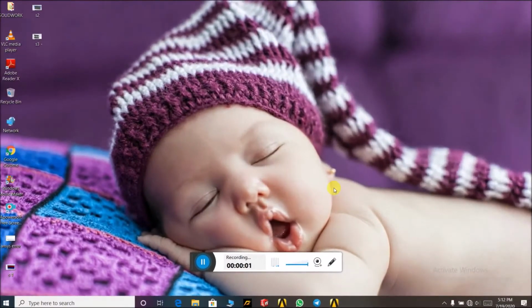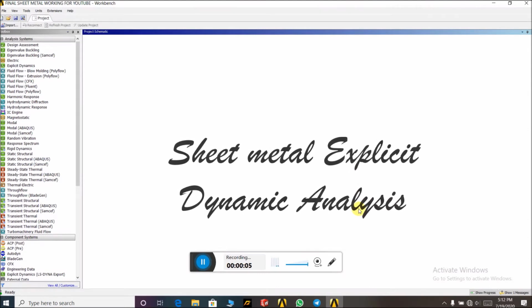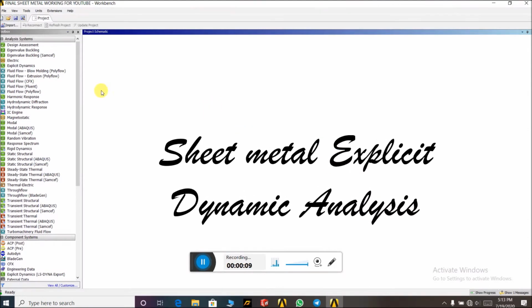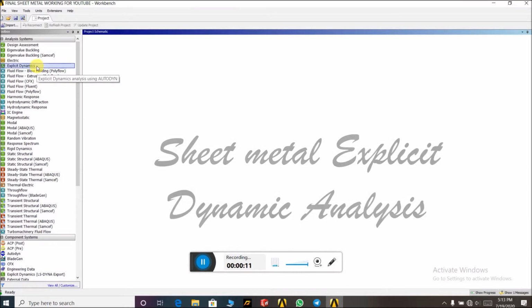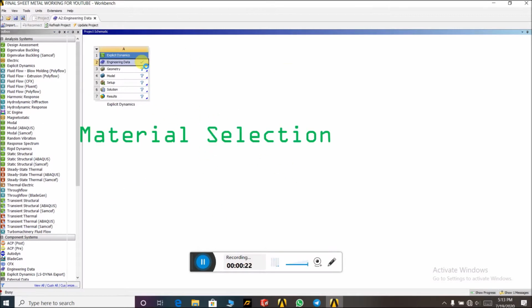Hello friends, here I am going to do the analysis of sheet metal working in Ansys, which I will do in explicit dynamics in Ansys Workbench. First we have to select the engineering data. First we have to select the material in